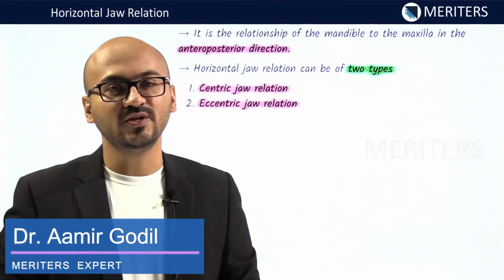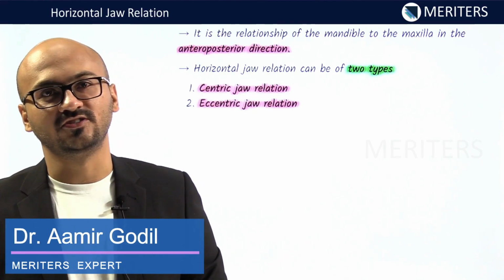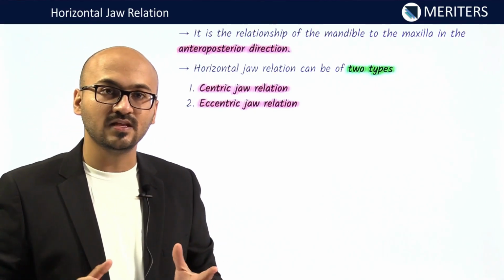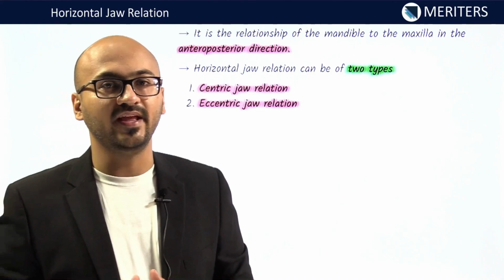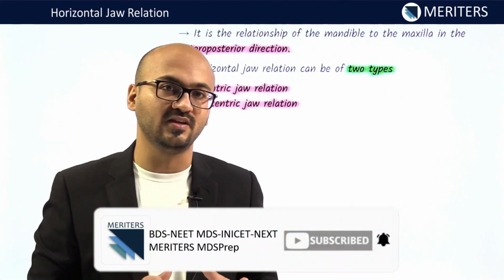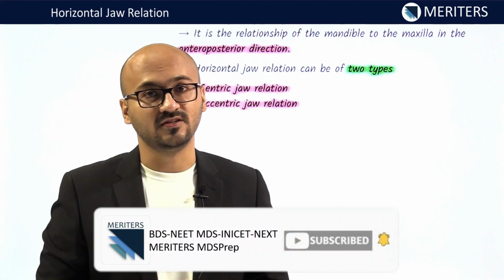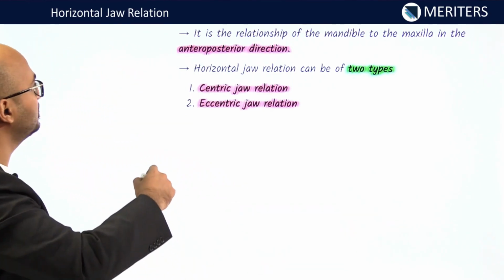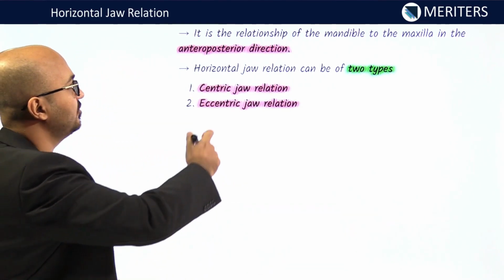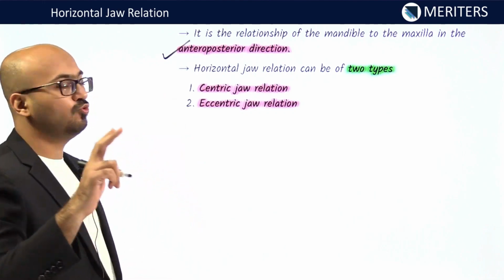Hi, in this video we will study horizontal jaw relation. Now jaw relation is a complex phenomenon where you are going to record the plane of the maxilla and the mandible with respect to the cranial base and with respect to each other. When it is recorded in the horizontal plane, which is the antero-posterior direction, we have two types of jaw